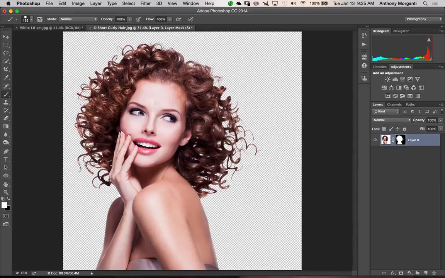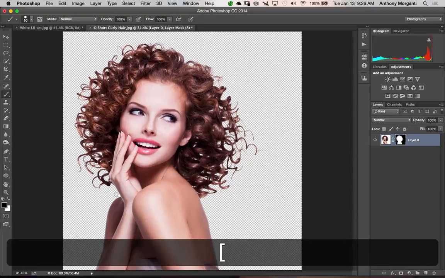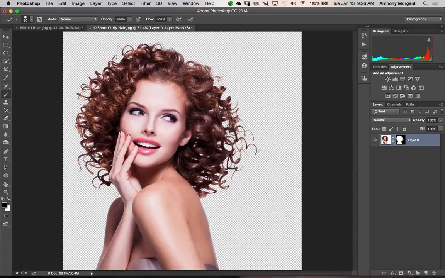Now, it looks like I have the model. Well, I have a little spot here. Let me get this. I'm going to switch back to black. I'm going to get a really small brush. Looks like I went overboard over here too. Okay. Now, it looks like I have the model pretty much selected, but I'm going to double check my mask